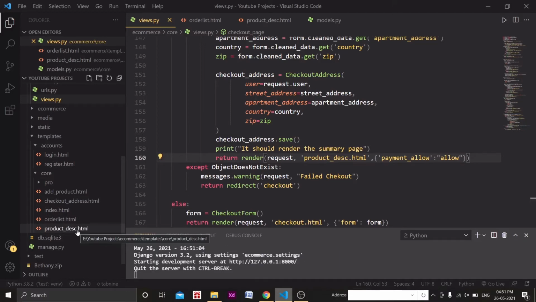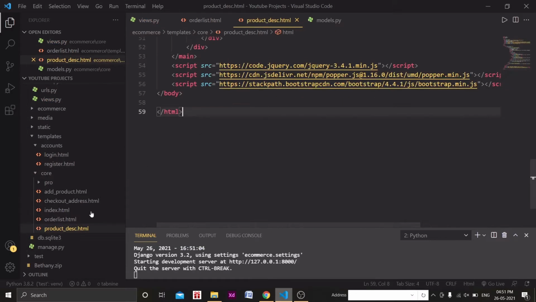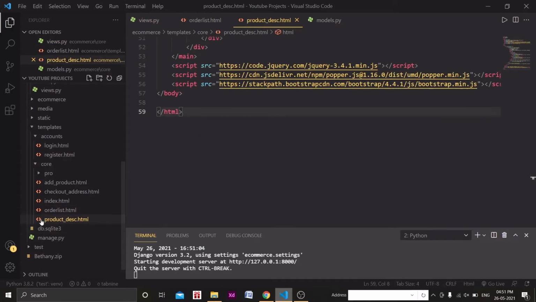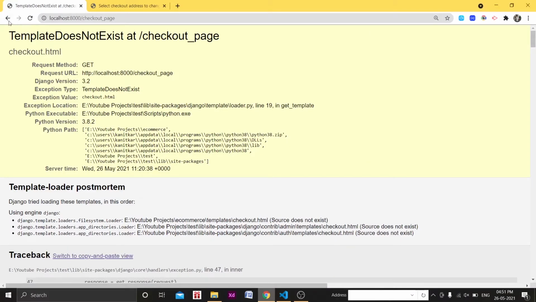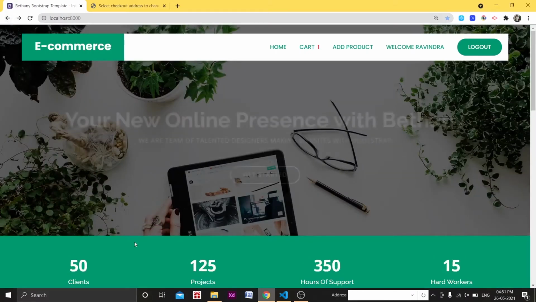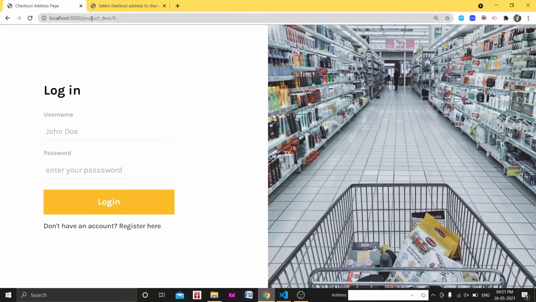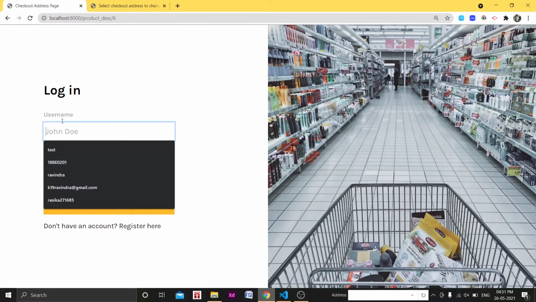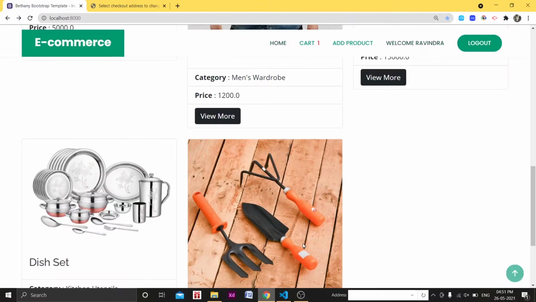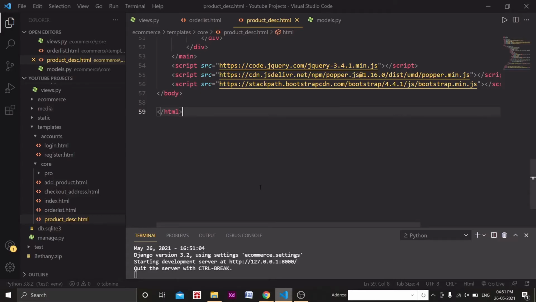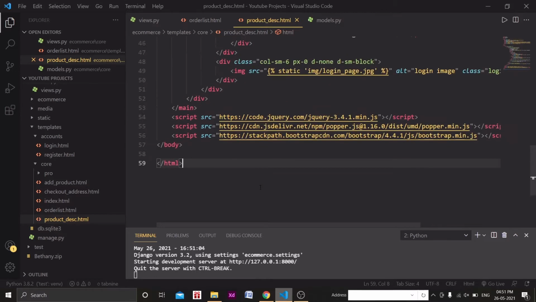Oh, we have made a mistake. What I have done here, in place of this product description page, that was this. Let's go to the product description page. When we click on view more, it is giving me this. So instead of this, we have changed the product description page, which was not there. I will fix this, don't worry about this. We have covered basically all of it. You don't have to do this that I have done earlier.